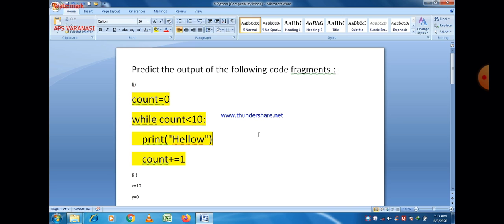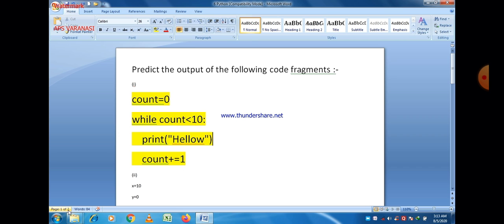Obviously there are three conditions required for the loop: the initial condition, then the checking condition, and then the increment. So the loop starts with count equal to 0. In the while statement we can see that count is less than 10. It means the loop will be executed 10 times, from 0 to 9.